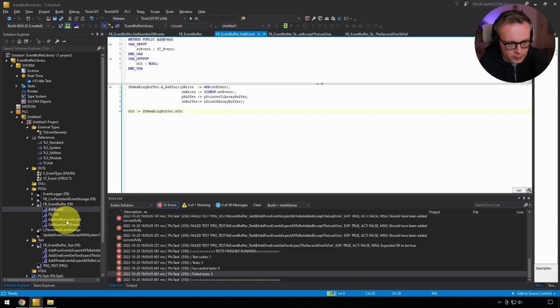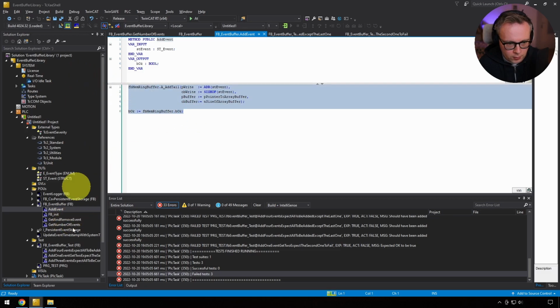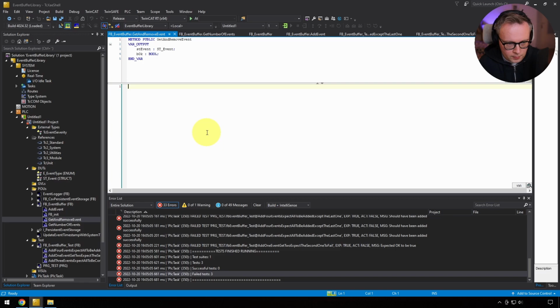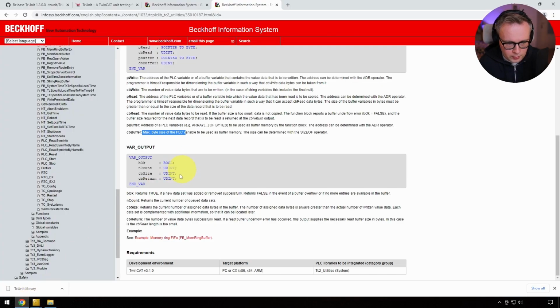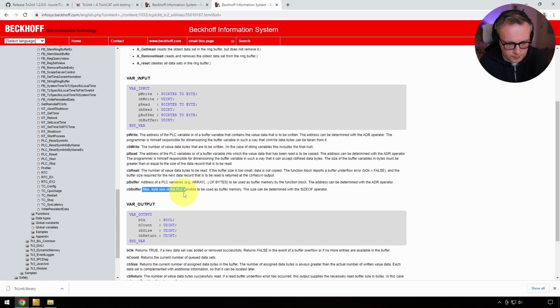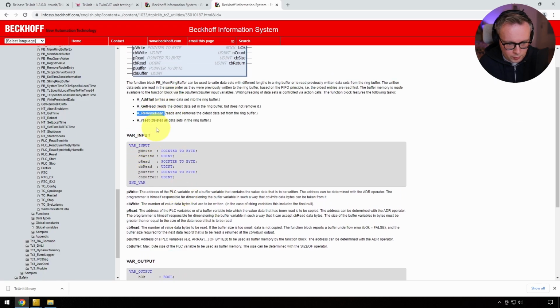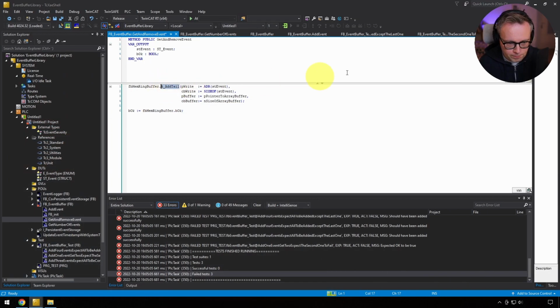Then we need to implement GetAndRemoveEvent, and we will simply copy this. Instead of calling the action AddTail, we're gonna call the action RemoveHead, that reads and removes the oldest data set. But now we're not gonna write anything.